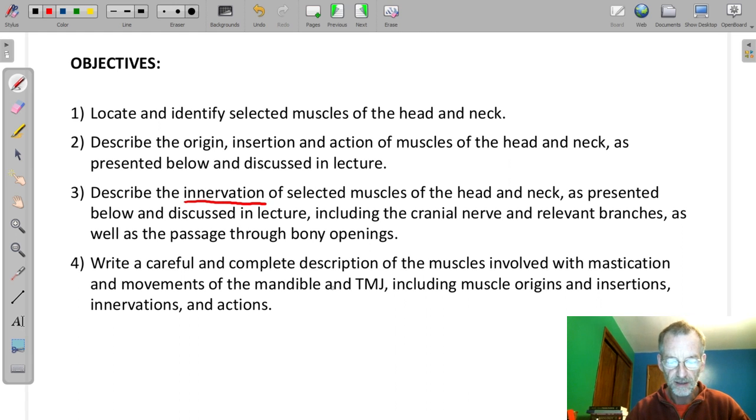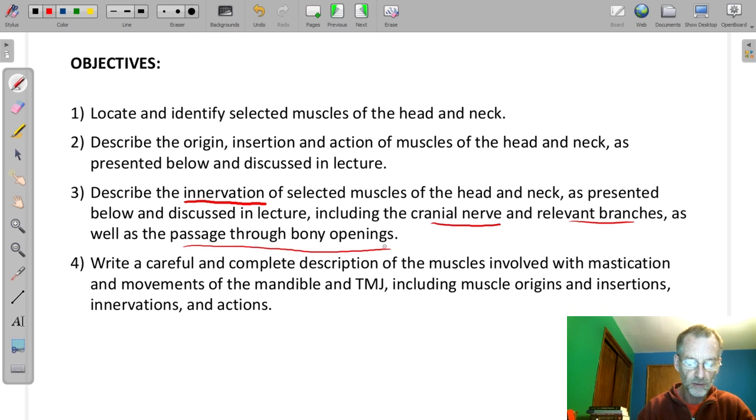And then we'll be looking at the cranial nerves, their branches, and the passages through bony openings, again as sort of a prelude to where we're going when we get to the nervous system, where we'll be tying this all back together, hopefully. And then at the end of this, we're going to talk about the TMJ,